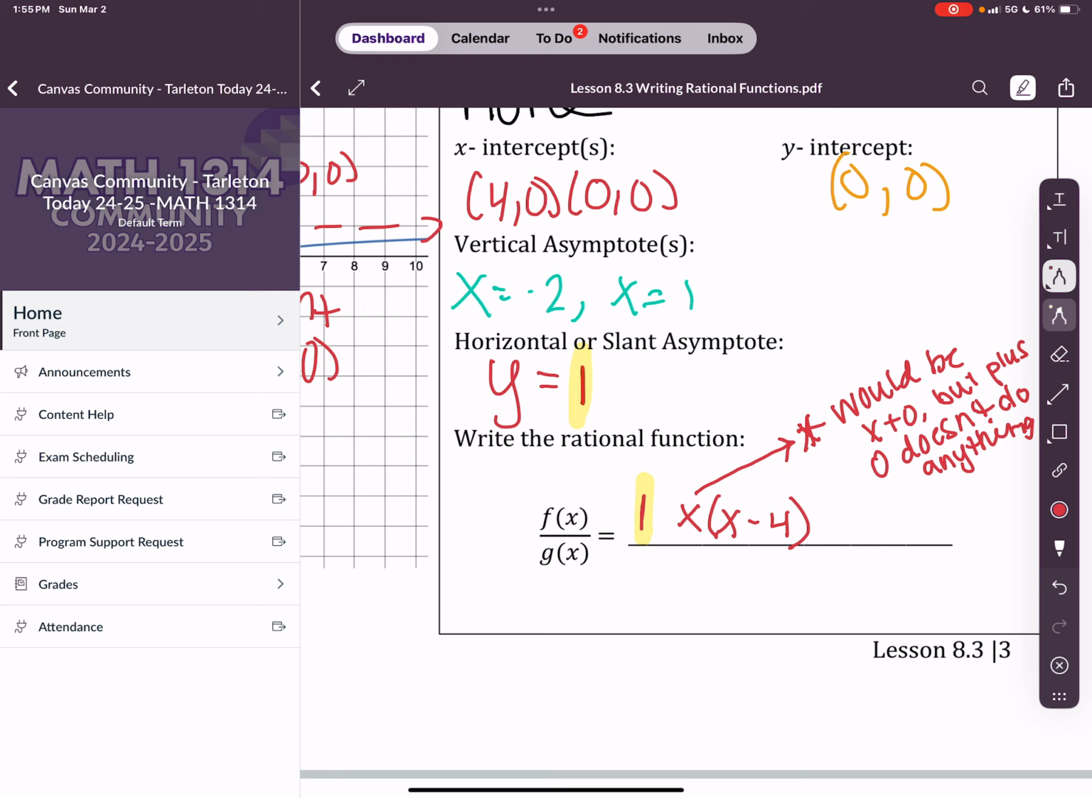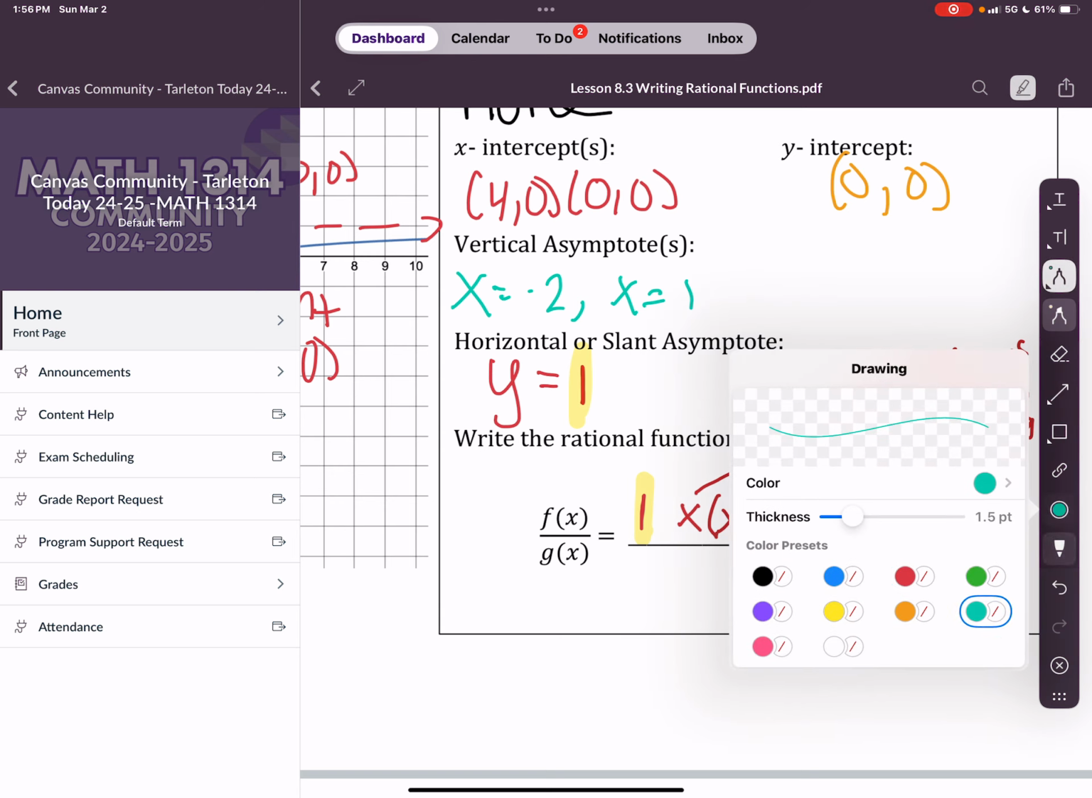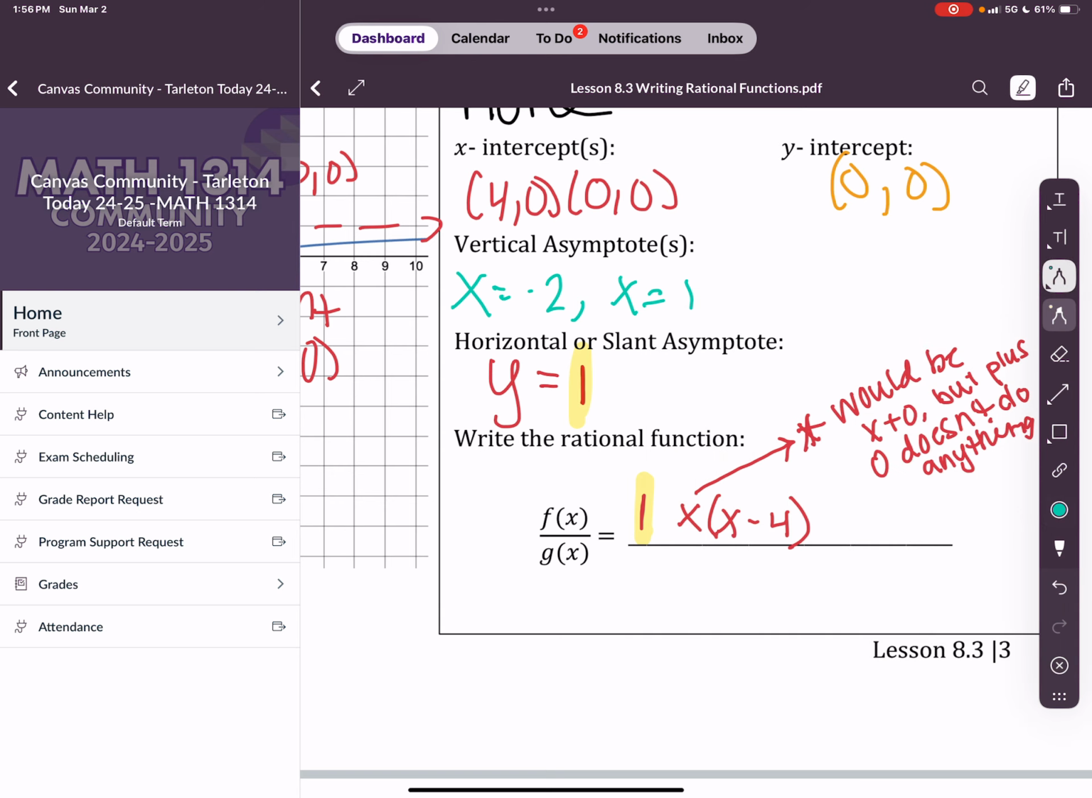All right, so then I move on to my bottom. Am I going to have a shared factor on this one? Think in your head for a second. If you're not sure if you're going to have a shared factor on this one, did we have a hole? We didn't have a hole, so because we didn't have a hole, we're not going to have a shared factor,